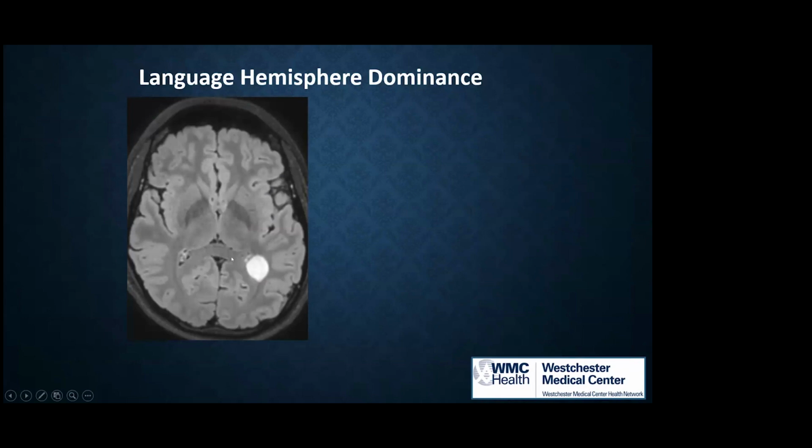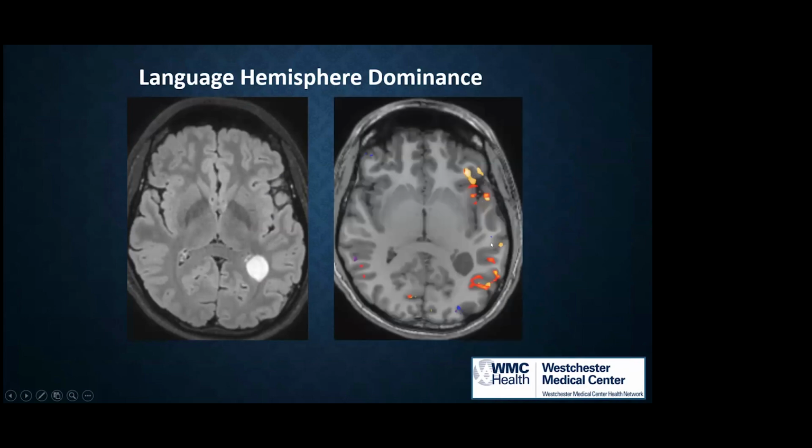It's in close proximity to where we would expect Wernicke's area to be. And after performing verb and word generation tasks, say that 10 times quickly, we can see that there's left language dominance, but more importantly, there's foci of BOLD activation in close proximity to the primary lesion,